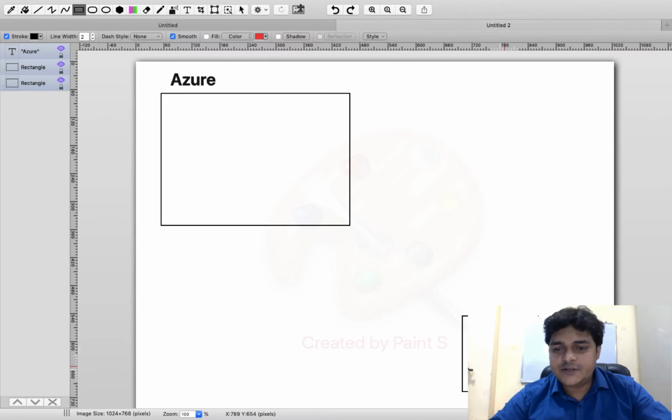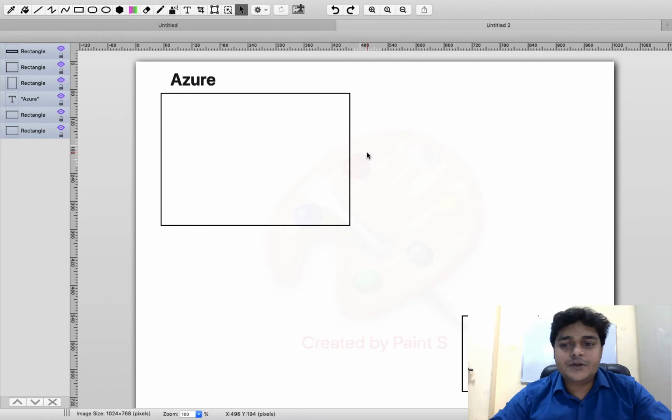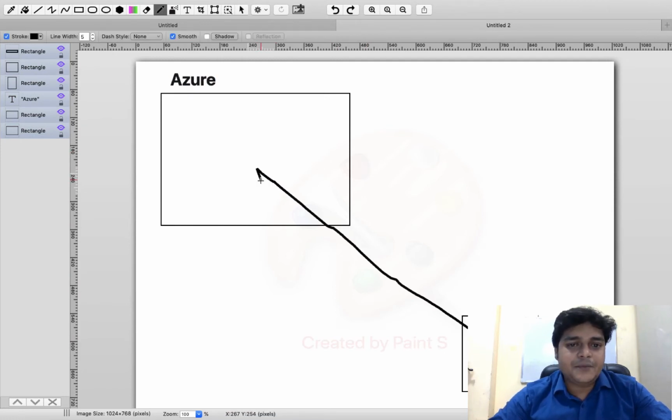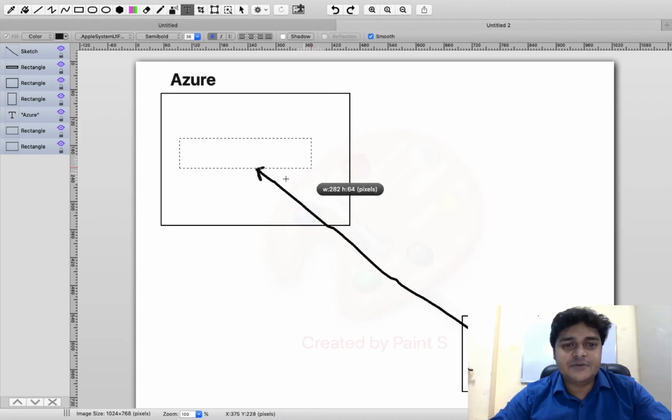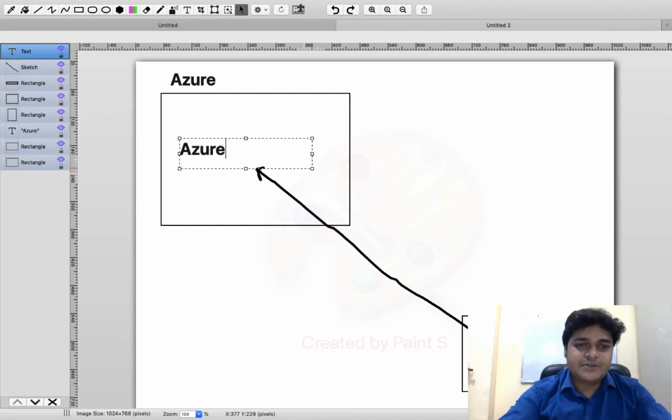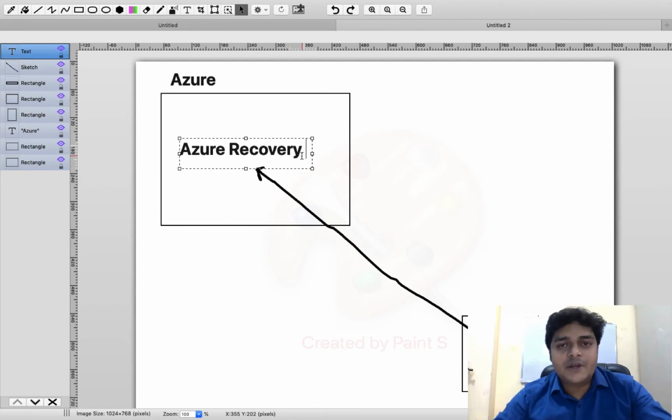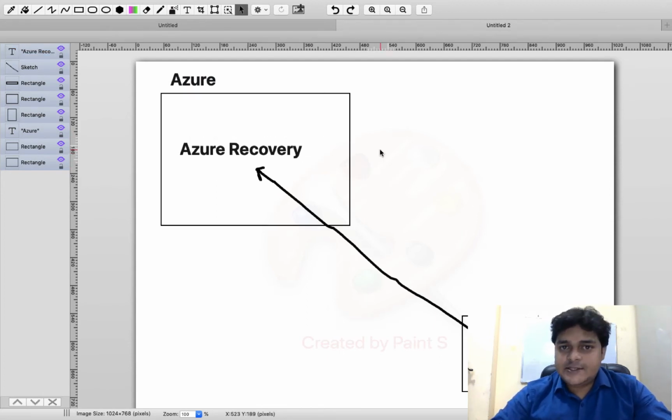In the organization, you have your server and your client machine, and now you're planning to take the backup of your on-premises file or folder and put it over the Azure portal. In the last video, we discussed Azure Recovery Service Vault. With the help of Azure Recovery Service Vault, we'll configure the backup of our file and folder. So let's start our practical with the help of the Microsoft Azure portal.